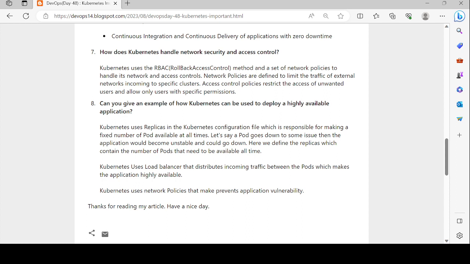Kubernetes also uses a load balancer that distributes incoming traffic between the pods, which makes the application highly available. Kubernetes uses network policies that may prevent application vulnerability, meaning not being accessible to the outside world. You can answer the question like this.